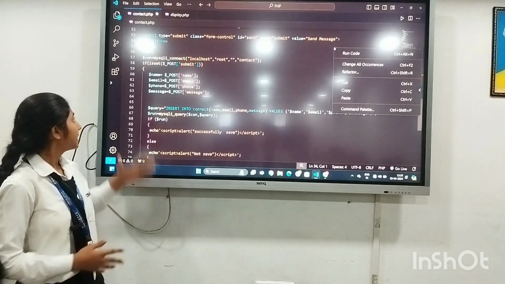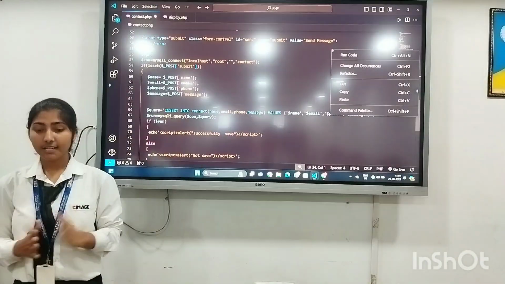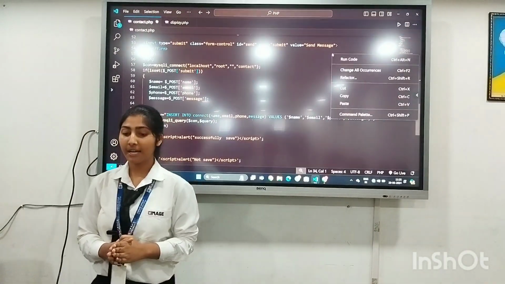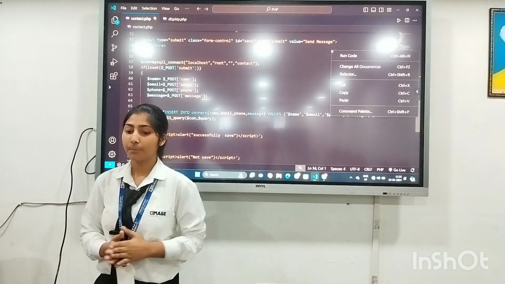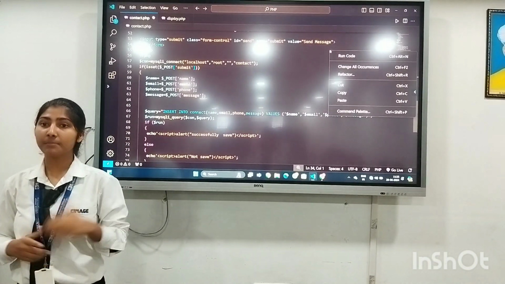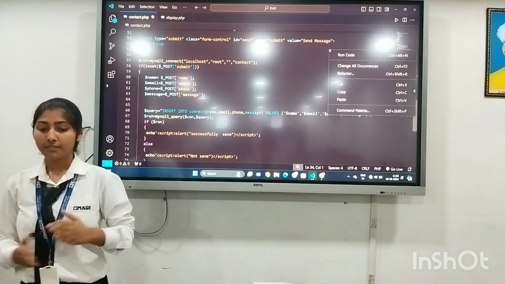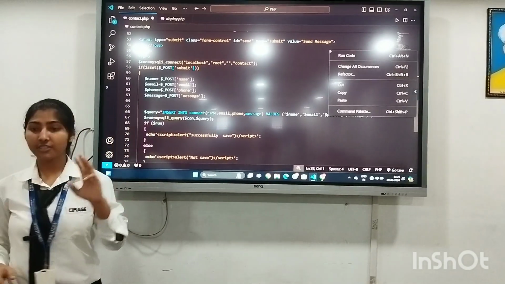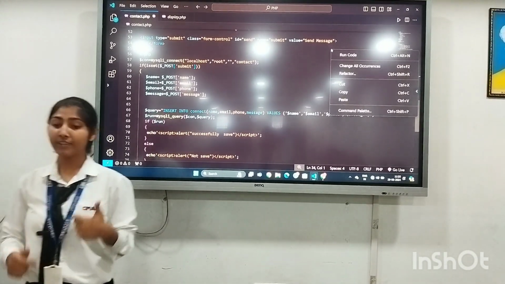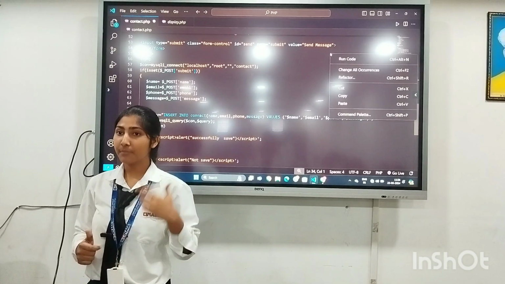So here, as you can see, first I have declared a con variable in which the MySQLi connect function is used. Basically, the MySQLi connect function establishes the connection to the database. It contains four parameters. In the first parameter, we have to write our server name.